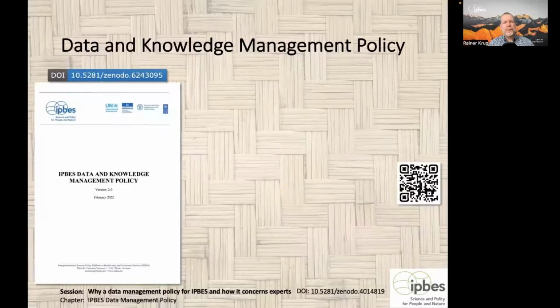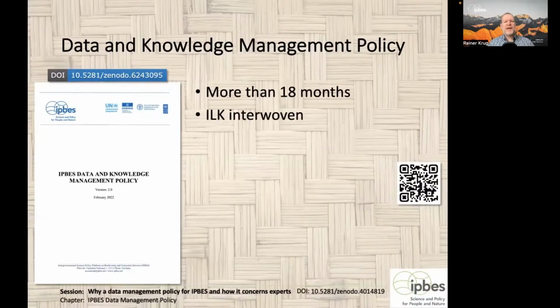So this resulted now, after more than 18 months of work, in the Data and Knowledge Management Policy version 2.0. It has ILK interwoven in the whole text. All paragraphs, all sections are considering both.